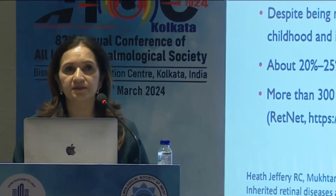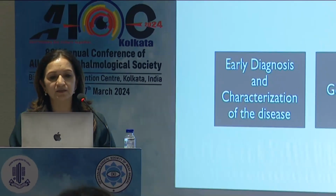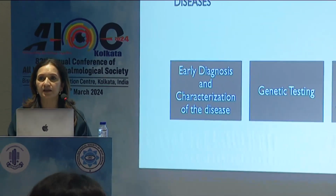All of us feel these are rare diseases that we are dealing with, but they are not so rare. Almost 20 to 25% of blindness in the working population is because of inherited retinal degeneration. And the new standard of care involves early diagnosis, characterization of disease, genetic testing, and familiarity and up-to-date knowledge of